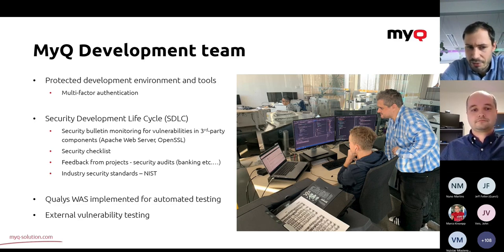And for the security standards, of course, there are several recommendations and steps we can follow to make sure that MyQ is developed and the installer is developed in the right way. For example, NIST security standards, which give recommendations how to approach the Apache Web Server and how to make the right implementation. But not only development, also our quality assurance team is involved in the security development lifecycle,